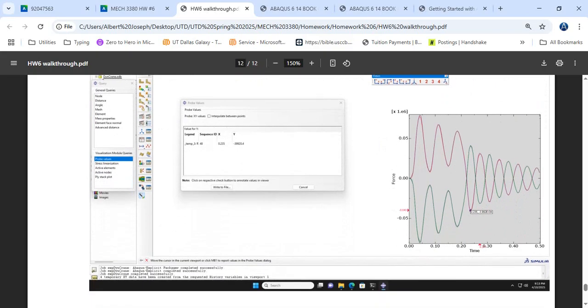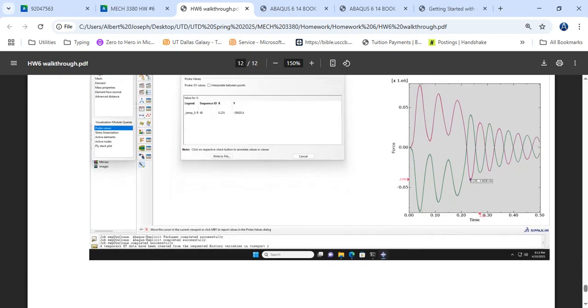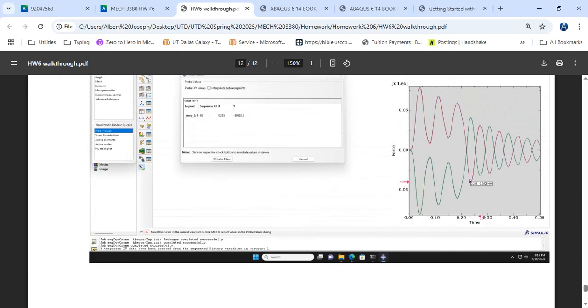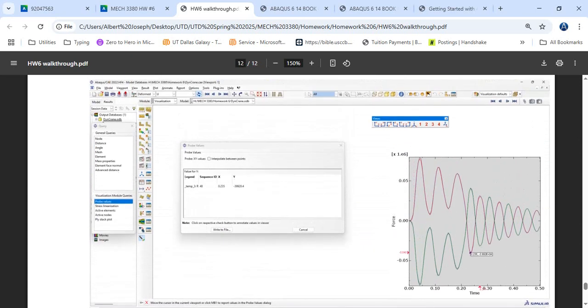Now to be honest, I haven't exactly found a way to save this part as part of my file for the history output, so